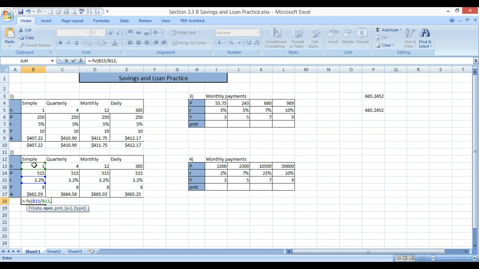Comma. Number of periods is n times years, and then comma. The payment, we are not making a payment here, so I'm going to put 0, comma. The present value right now is my principal, $515, and I don't need a type. The type is just saying whether it's at the beginning or the end of the month. Ours, just ignore it, and it'll put a 0 in for us, which gives us the exact same as we